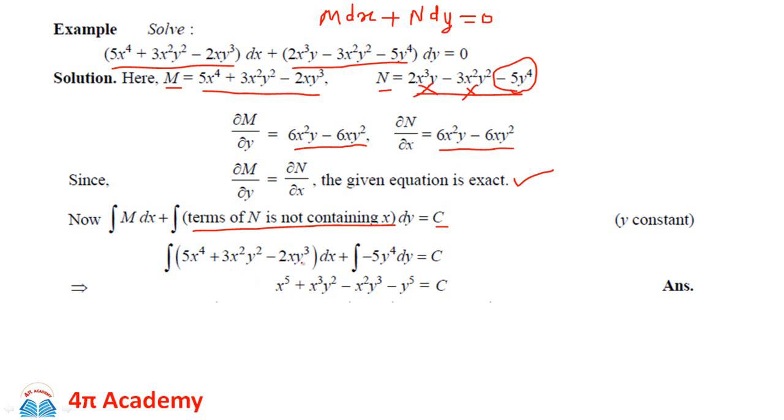Then minus, here again 2 into y cube is constant, we have to integrate x, so that will be x square by 2. So again 2 gets cancelled, so it will be x square y cube, minus here the integration will be minus 5 times y raised to power 5 by 5. So 5 gets cancelled, so it will be y raised to power 5, and it is equal to c. So this is the answer.